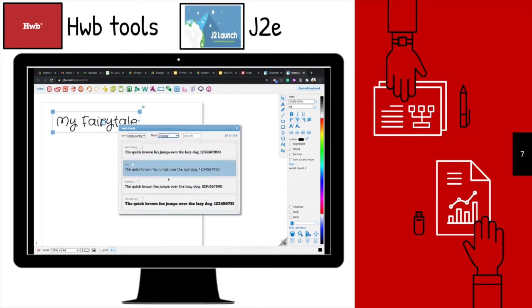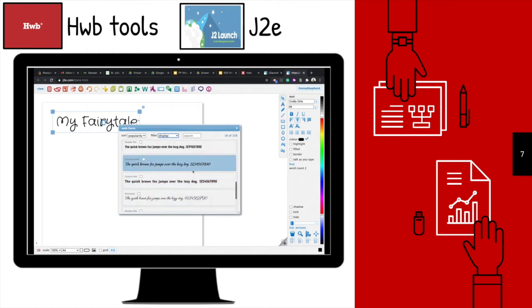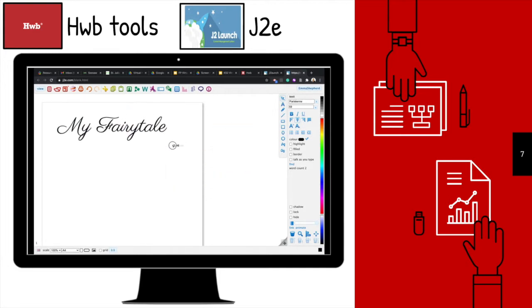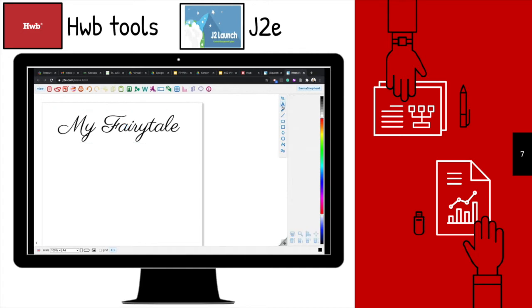So if I wanted a handwriting or a display style, then I can choose a font from there, and then it will save into my favorites. So I'm just going to choose this one. I can resize it by dragging from the corner and again moving it around. Down the side then, I can click to add text by clicking on the A tool,